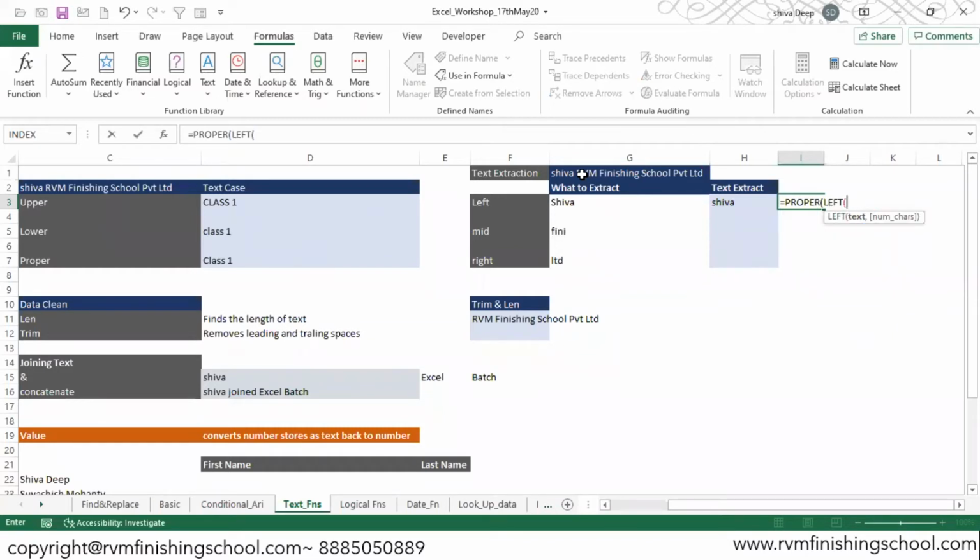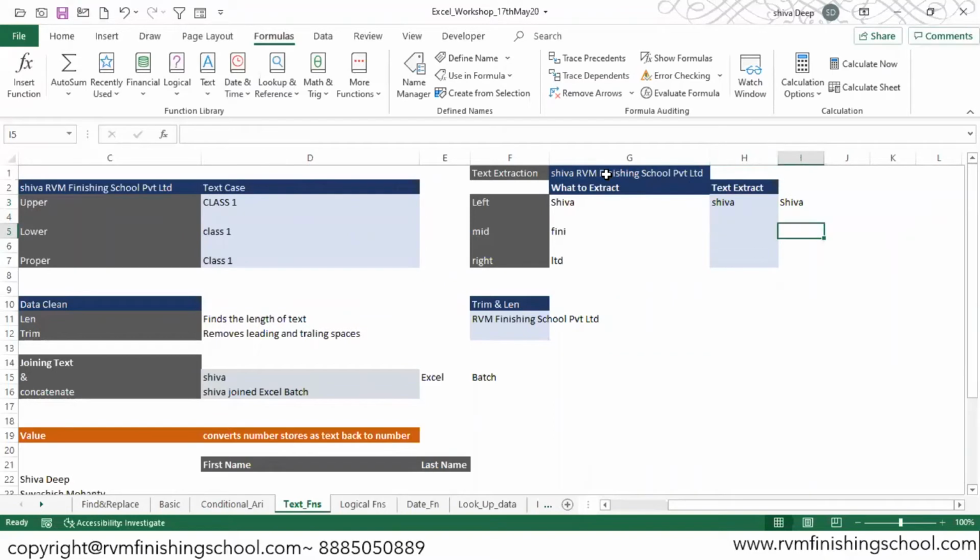Left will extract the word shiva, and then proper will convert it into Shiva. So this is my text and give me 5. Close the bracket 2 times and hit enter. You'll get the same output as desired.